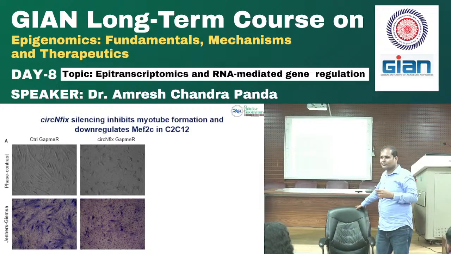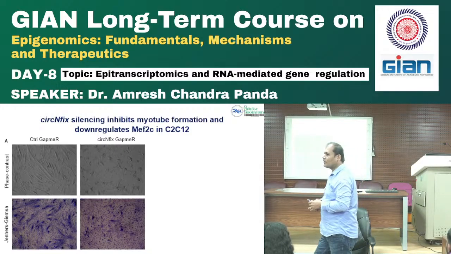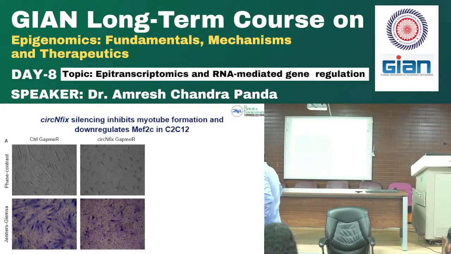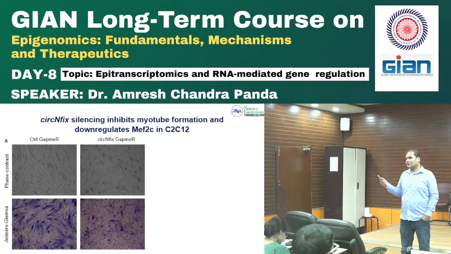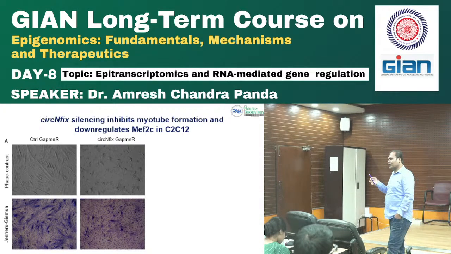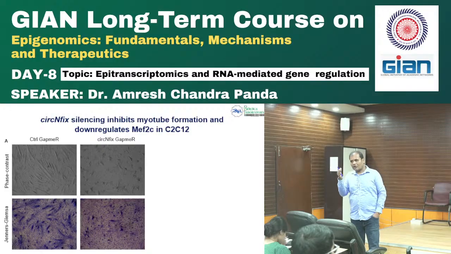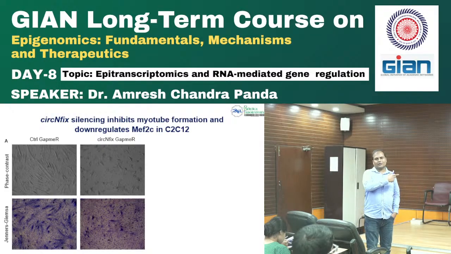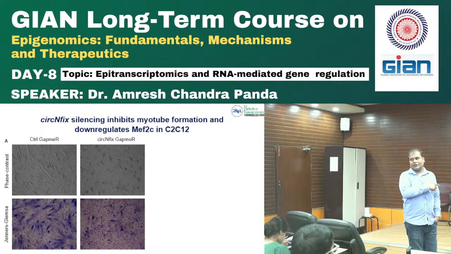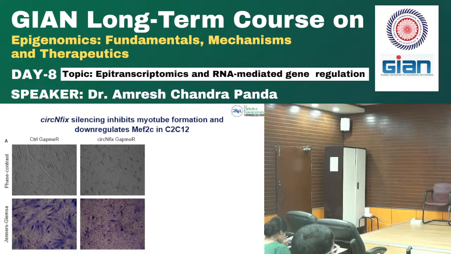MicroRNA activity will go up. We are not regulating microRNA expression, we are regulating microRNA activity. Your circRNA is inhibited, like not expressed, so the microRNA is free to act on the target. So the target is MEF2C, which is a transcription factor required for the